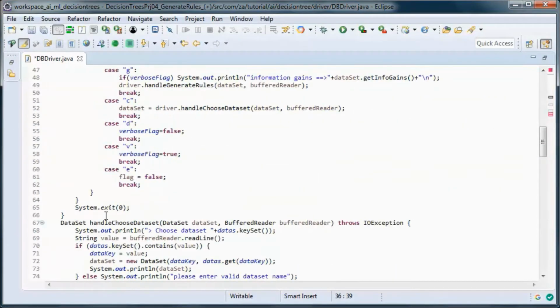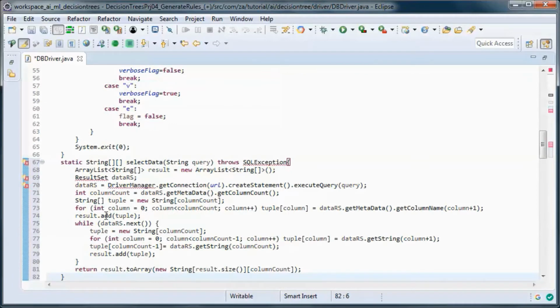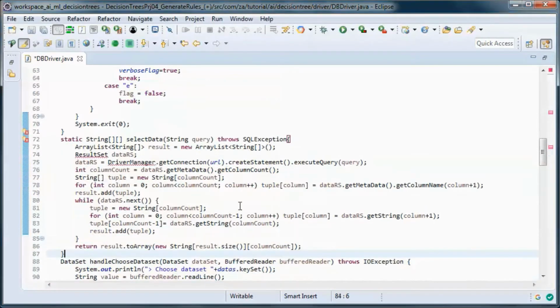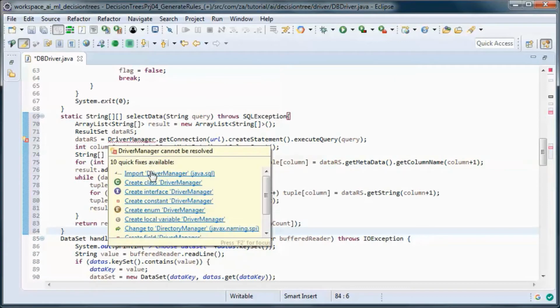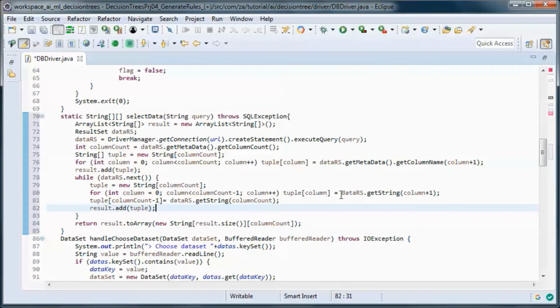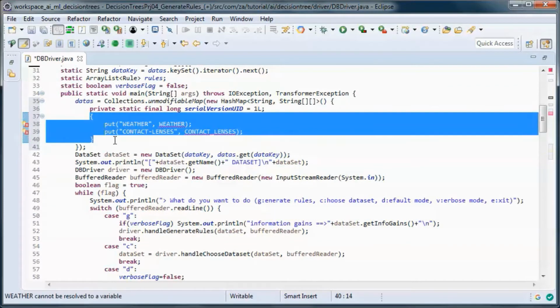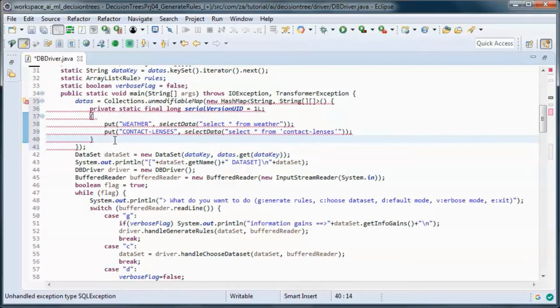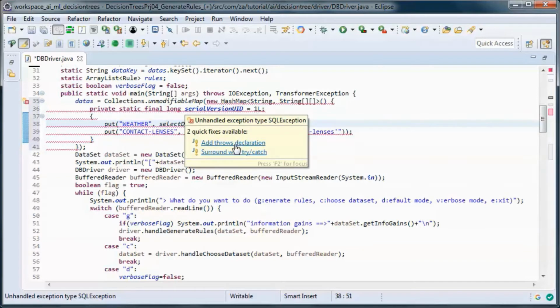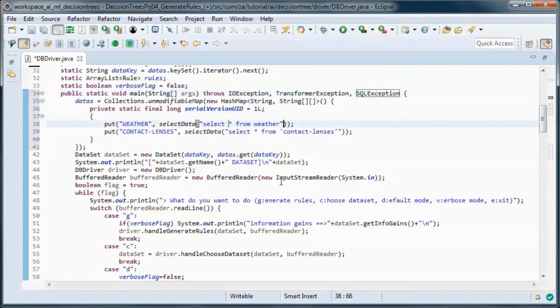And this method will pick up the data from the database. So we will call it here for both the weather and the contact lenses database. Or tables.